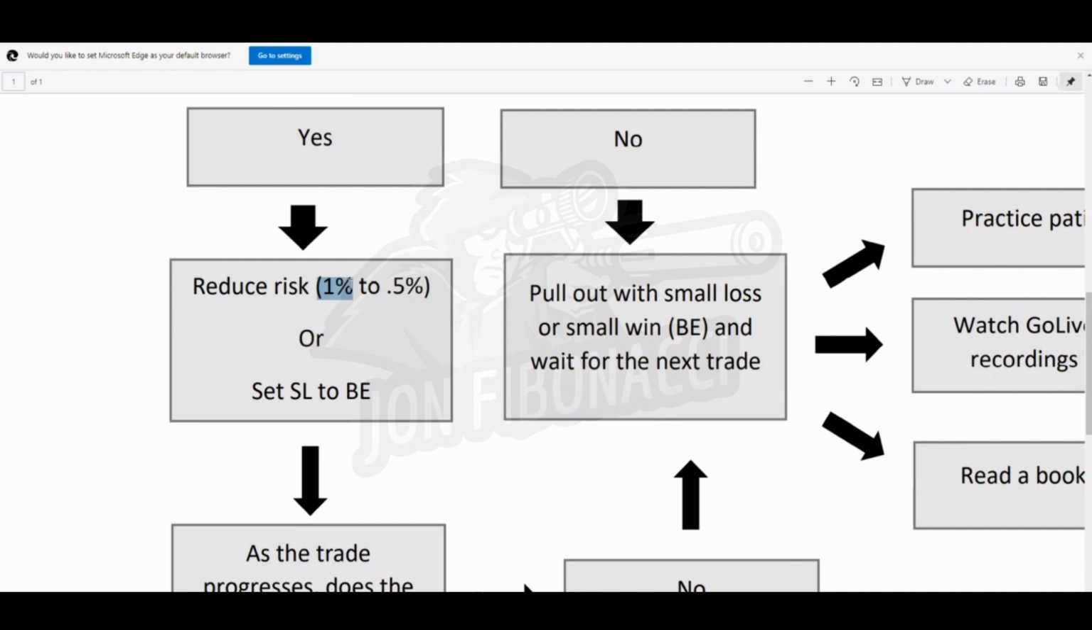So if I'm risking 2%, I might bump it down to a 1% risk. Okay. Plus, it's really good, in my opinion, for psychology as well. If you're about to go to bed or if you're about to go to work, something of that nature, I think it would just